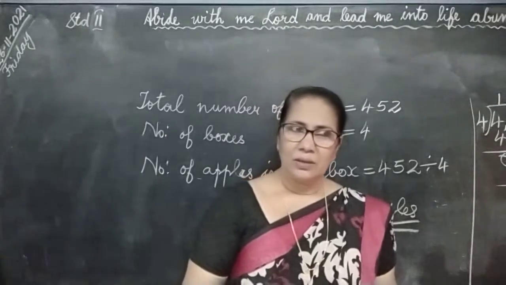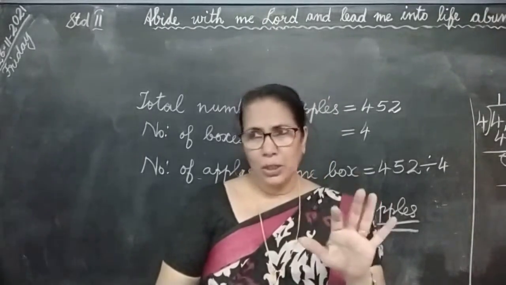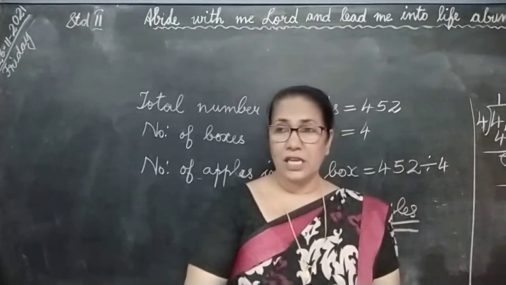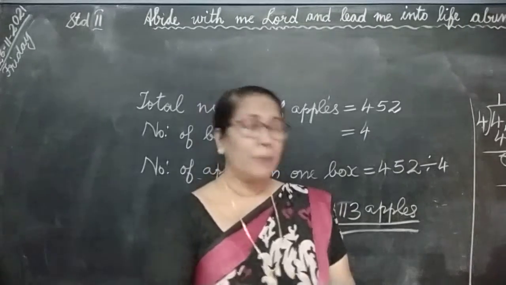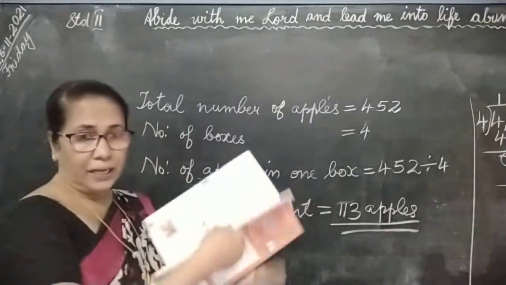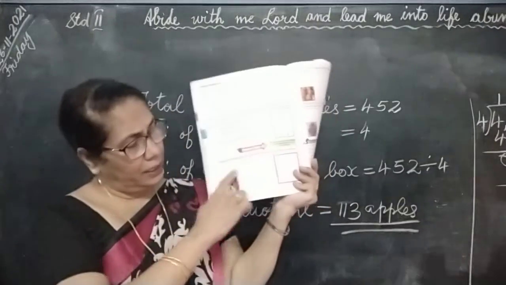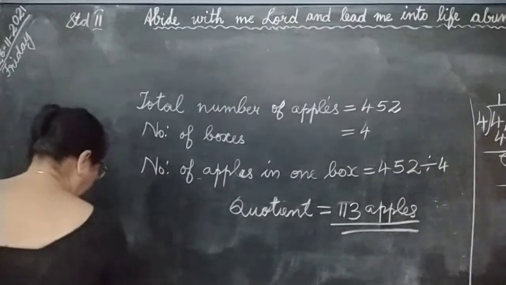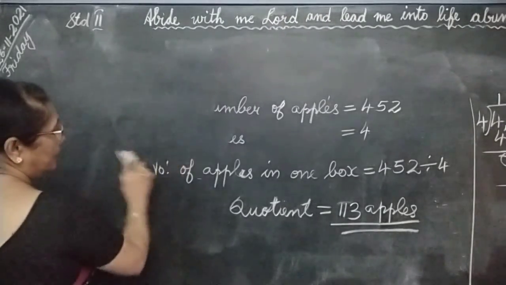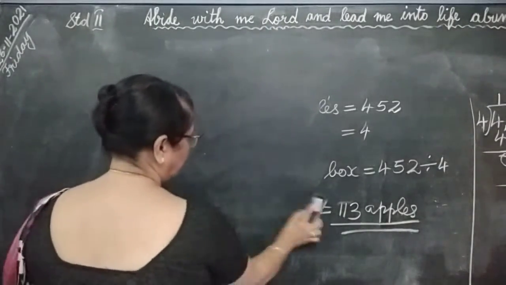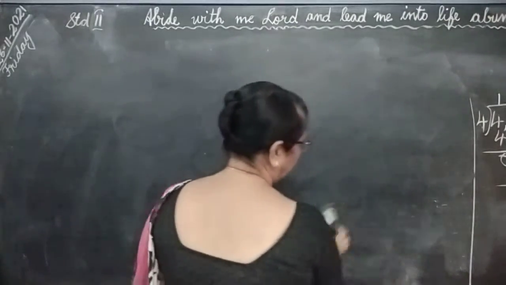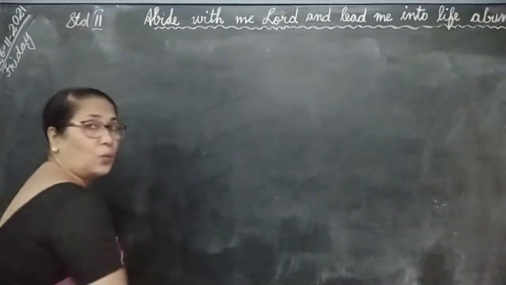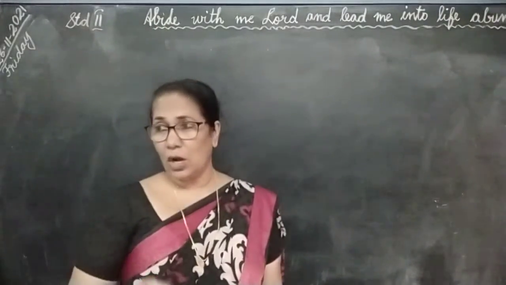Now do you know how many balls are there in each box? You do not know. What will you do now? You will have to find it. So what is the first statement you write? Total number of balls. Write it here in this blank. I am going to write it so you follow me. So this is called the word problem. Writing the statements is called a word problem.